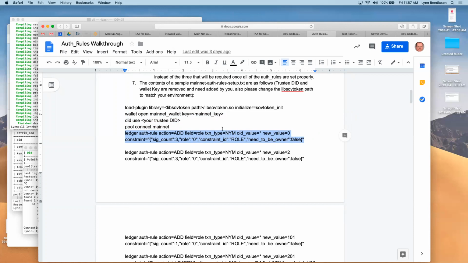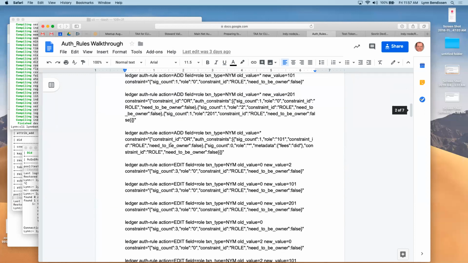So on the builder net, I don't require 3 trustees to be able to change my auth rules. I'm testing it. I don't want to have to find 2 other trustees to sign my transaction for me every time I want to make a change and try things out. So in that sense, it's not secure anymore because there's one transaction that allows me to change all of these, right?